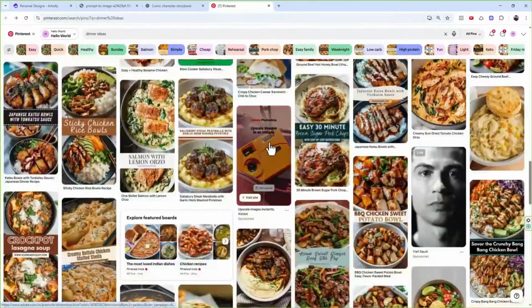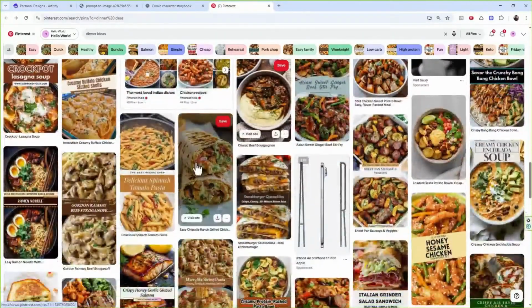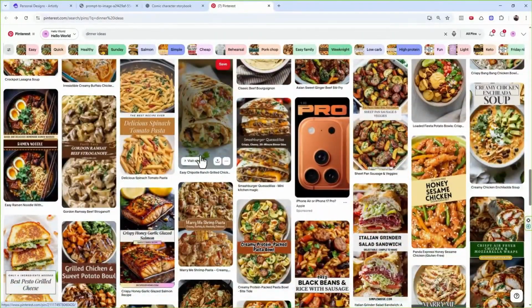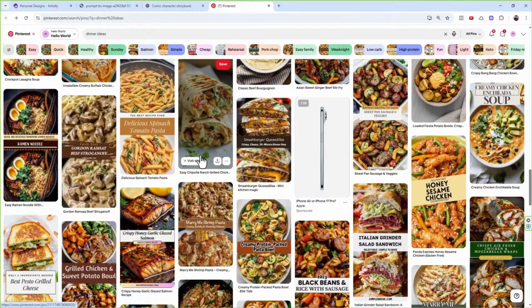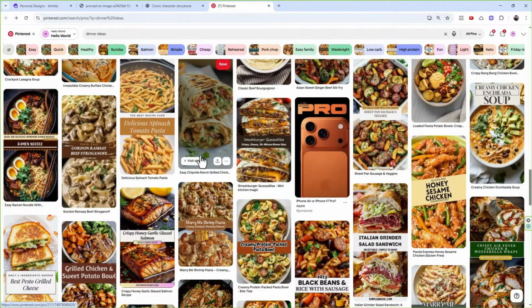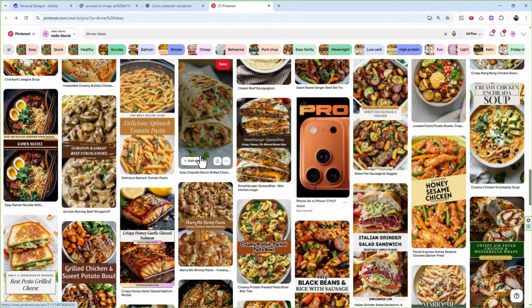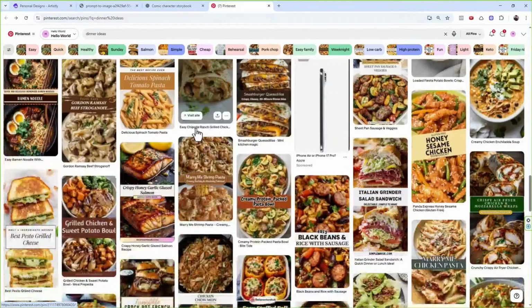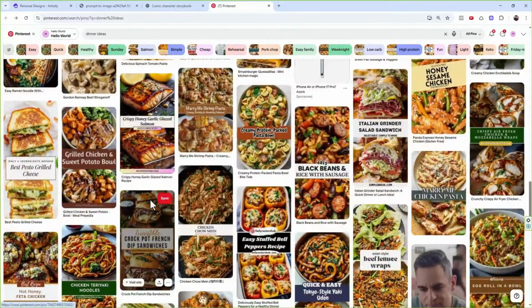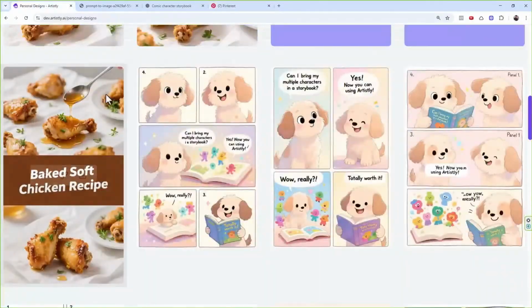Pinterest trends, home decor stuff, wall art stuff like these are very popular, and you can directly link it with your Etsy store. Specifically, we were talking about Thanksgiving recipes, Christmas and stuff like that. It's time to get on these and pick that niche, and we're going to help you again, right? My goal is not to just leave you in the dark. I'm going to give you the step-by-step framework. Don't you worry about that. I just wanted to show you the power of this.